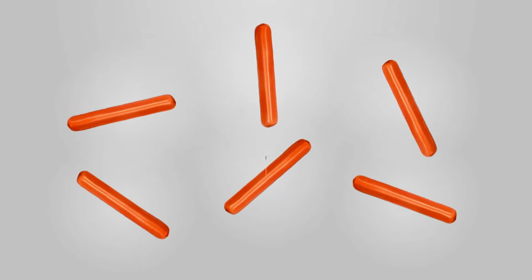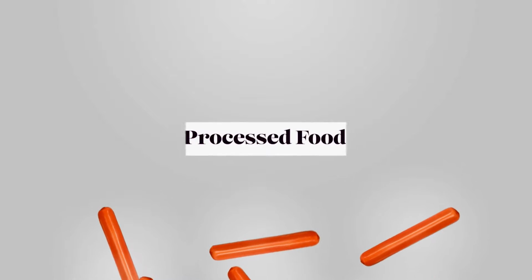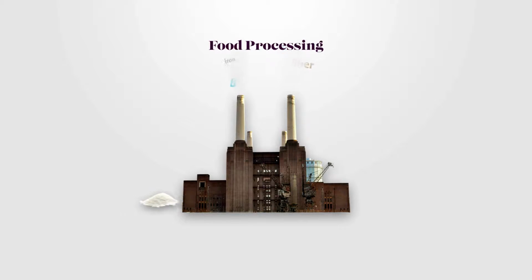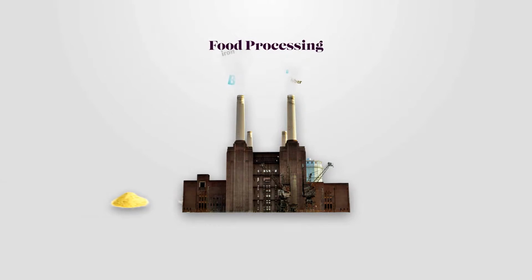One of the biggest problems with the typical Western diet is the fact that much of our food is refined or highly processed. The refining process removes important nutrients like fiber, iron, and B vitamins, and this is done by food manufacturers for two reasons. Firstly, it's to give the end product a softer texture, and secondly,